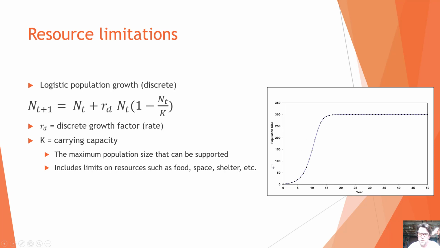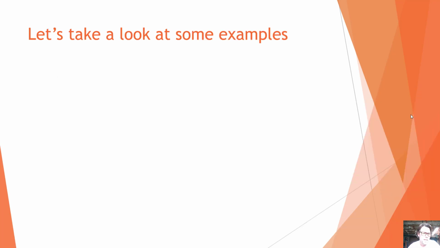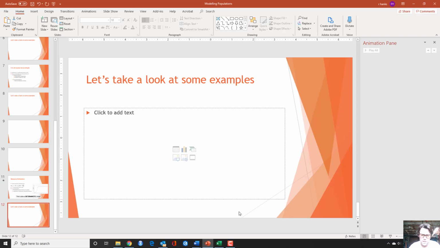So this population grew pretty rapidly, and it started to slow down as it approached the carrying capacity, and then it did not exceed that carrying capacity, right? So this is also a deterministic model, and let's take a look at some examples of deterministic models